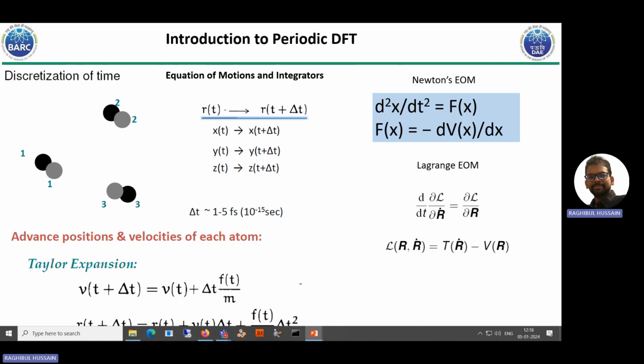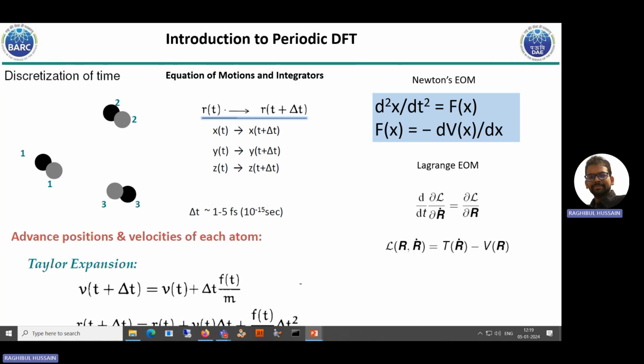You have a differential equation, a second order differential equation. If you can discretize, you can solve your equation. So d square x by dt square is nothing but the force, and that force you can get as the derivative of the potential energy. So you have to calculate the force from the potential energy, then you feed it here, and then you can solve your equation and move the particle from the initial position